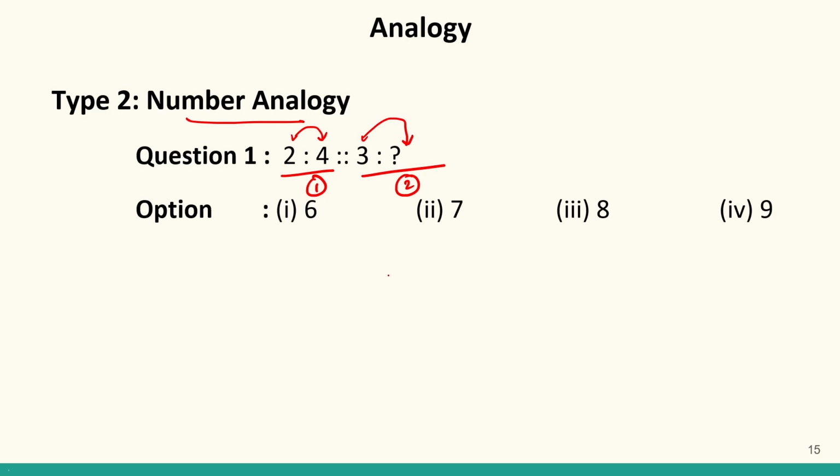Over here, I can see the relationship is that if we multiply 2 by 2, I'll get 4, right? And if I multiply 3 by 2, I'll get 6. So my answer will be option number 1, 6. I am using the same logic, that is multiplying by 2 in both cases, to get my